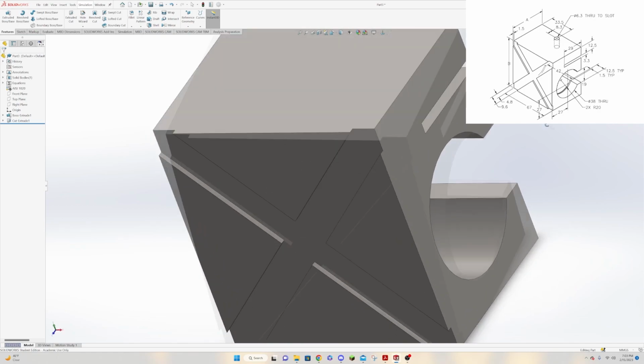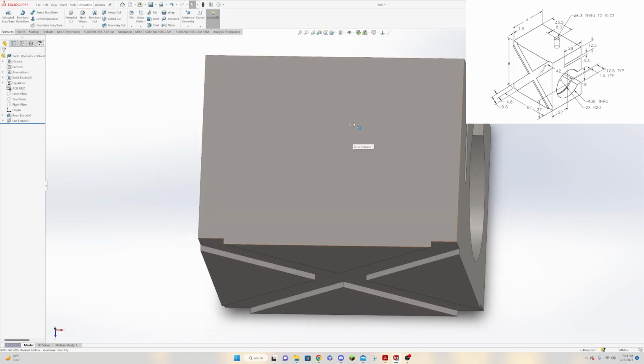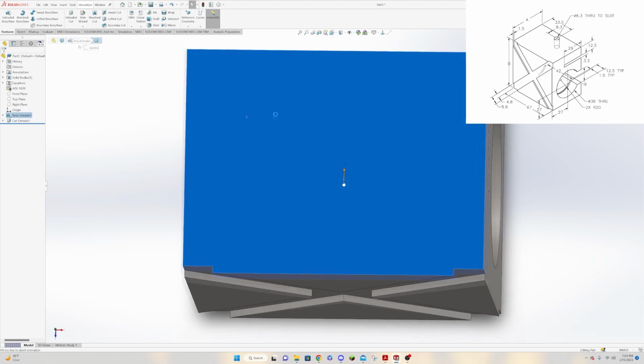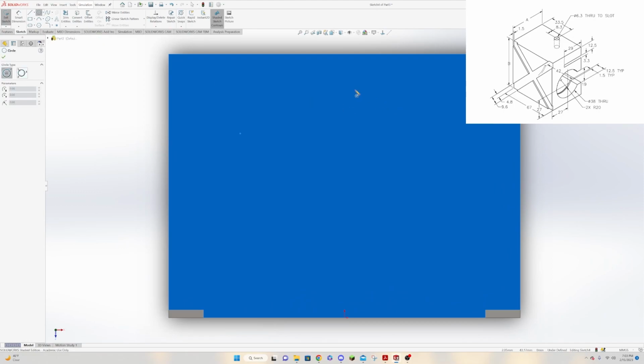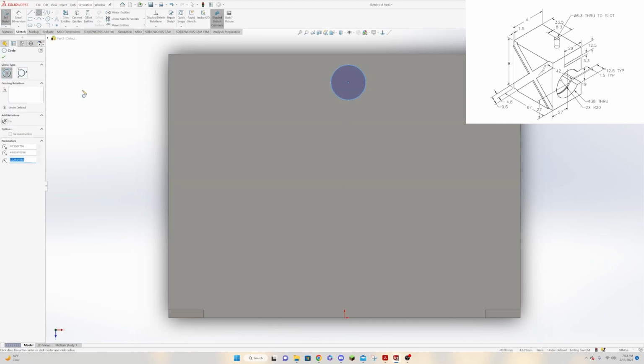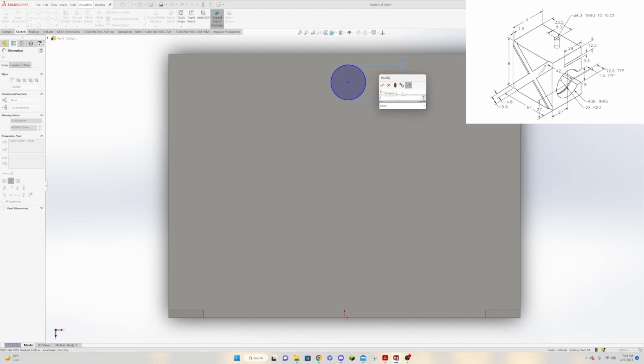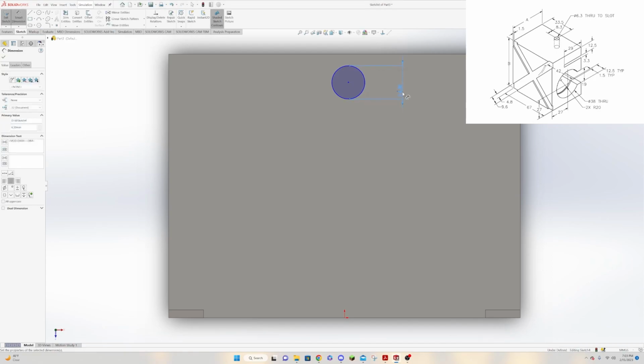Our next part we have is a hole that goes through the top. We can go up here. We can say to this surface, we want to do a new sketch. Do circle. Draw in our circle. Say OK. Go to our smart dimensions. We can see that this circle has a diameter of 6.3. And it is 33.5 from the edge, so it's centered on this plane, and this is where you could